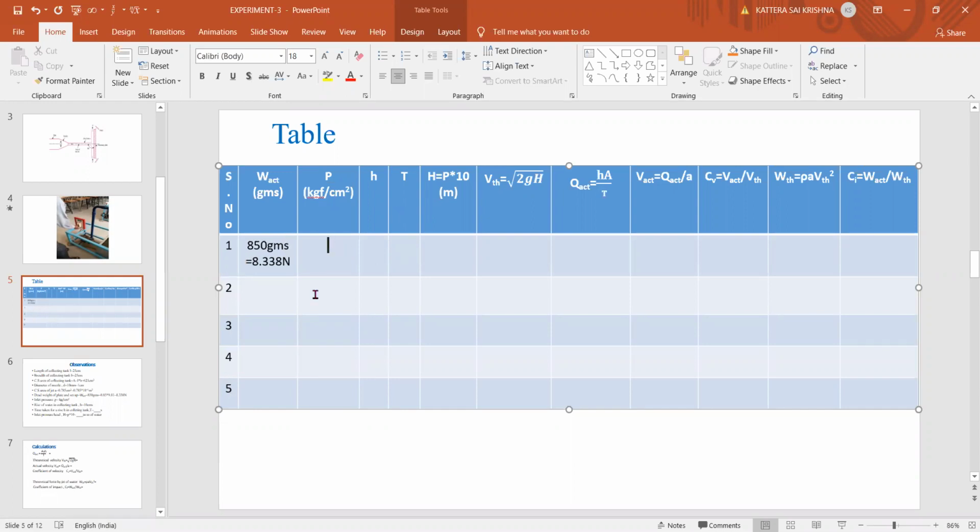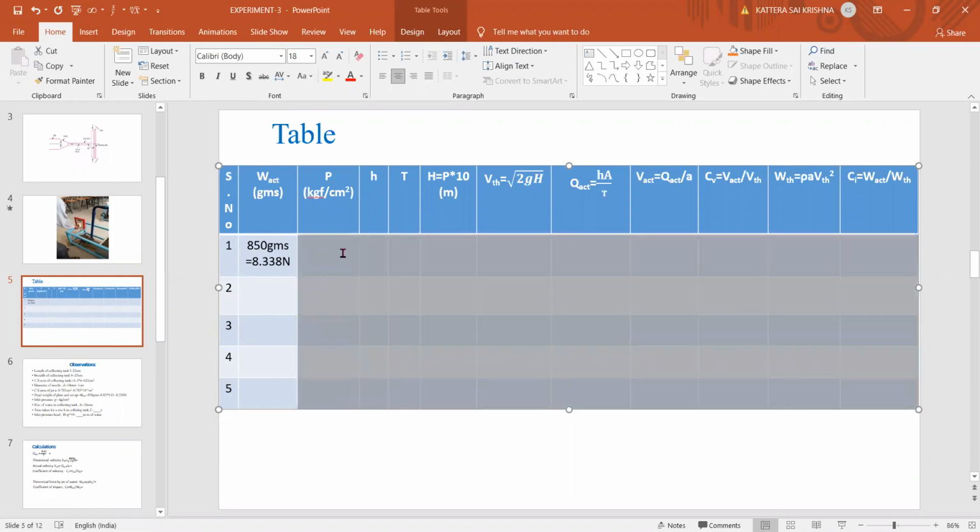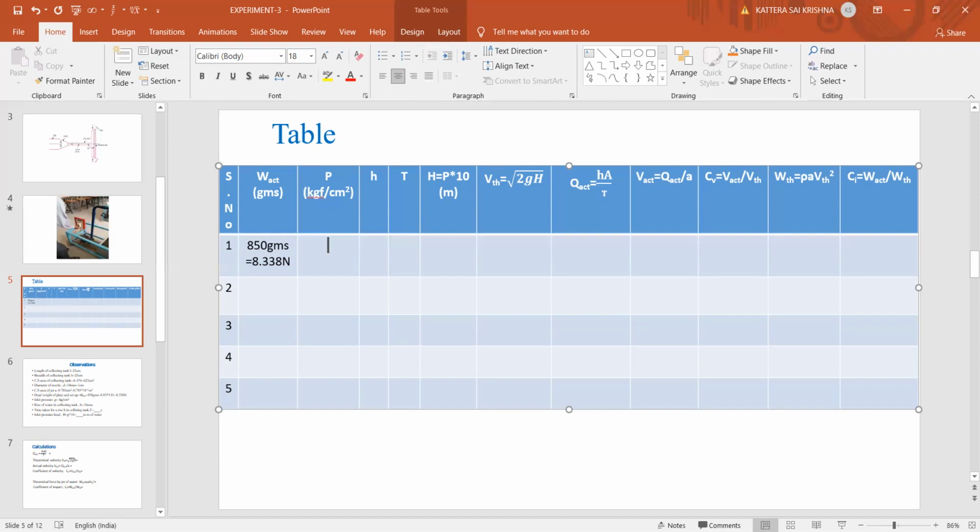Okay. So when you are taking the first reading, we get the pressure from the pressure gauge. What we are getting is 0.6 kg per centimeter square. So for the first reading, when you see the jet plate moving up, the pressure was 0.6 kg per centimeter square. Next, always this H will be equal to 10, so 10 centimeters rise in the collecting tank. And this is the time taken for the 10 centimeters rise in the collecting tank, that is 8 seconds. So in 8 seconds, 10 centimeters of water is getting collected in the collecting tank.